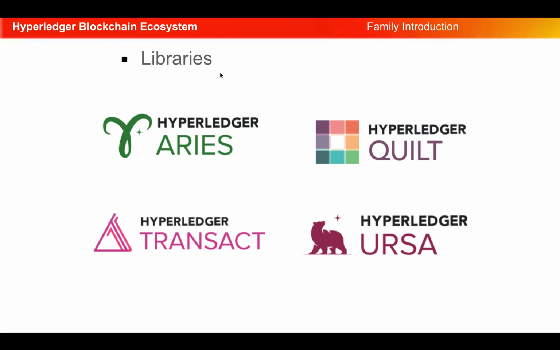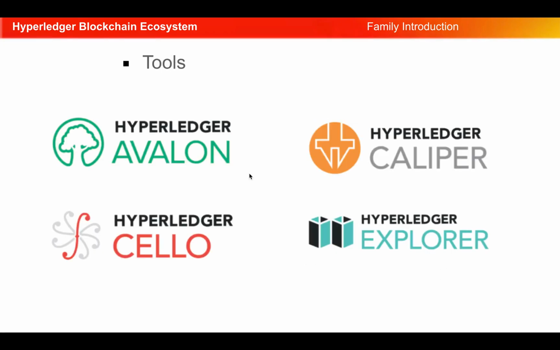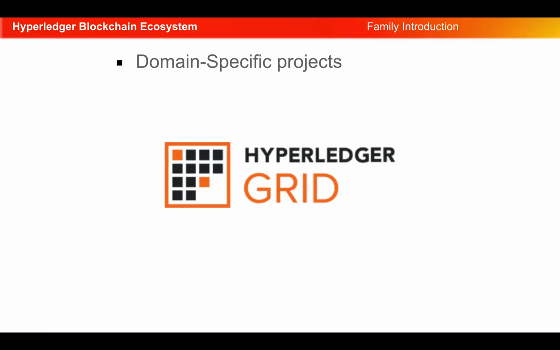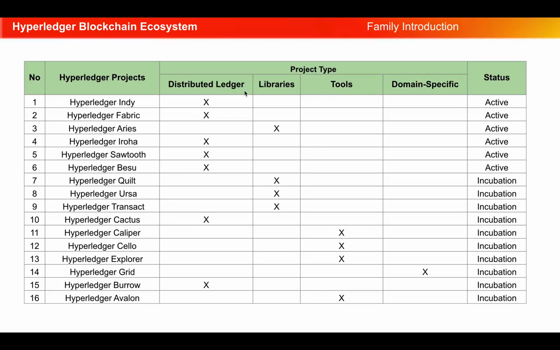In the libraries subsection, you have projects like Hyperledger Aries, Hyperledger Quilt, Hyperledger Transact, and Hyperledger Ursa. In the tools section, you have Hyperledger Avalon, Hyperledger Caliper, Hyperledger Cello, and Hyperledger Explorer. And you also have a domain specific project, which is Hyperledger Grid. So this is a